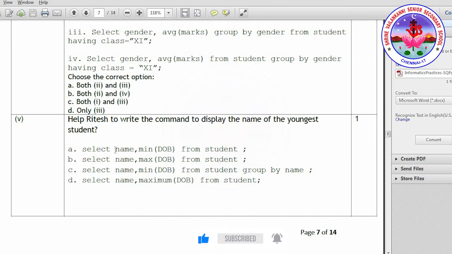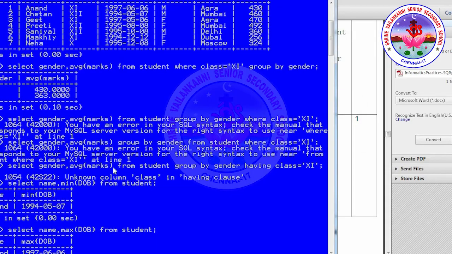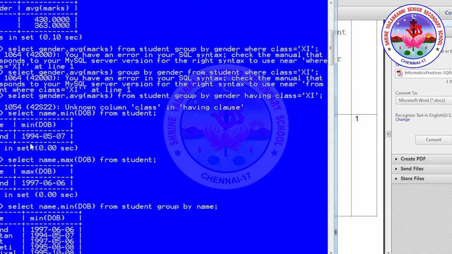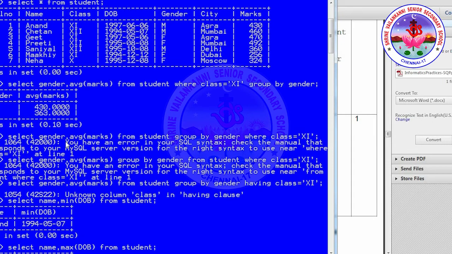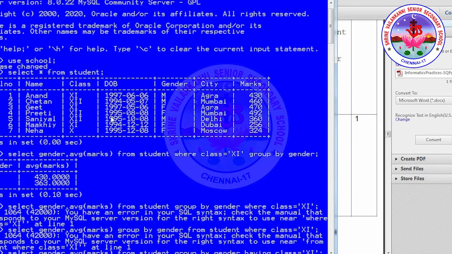And we are using a non-grouping column over here. So this query gives a result, but it gives the wrong output. So min of DOB is 1994-57. Okay, so 1994-57 is the minimum DOB here.